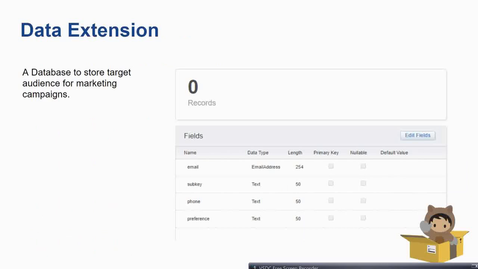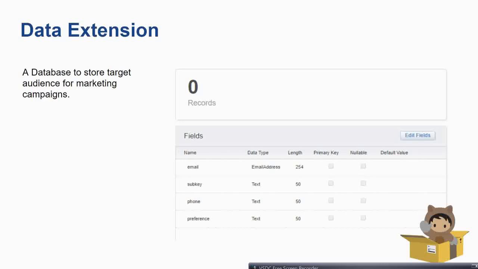Data extension is actually like a database without which an application cannot function, right? So basically, this data extension is where the users or the contacts or whatever you call the subscribers reside. Their details are populated over here. We can populate them through import, through FTP, through a cloud page, anything, but the data goes inside these databases, which are called data extensions in Salesforce Marketing Cloud.